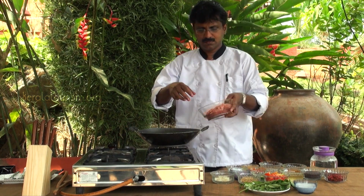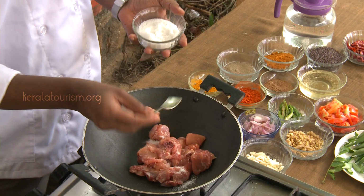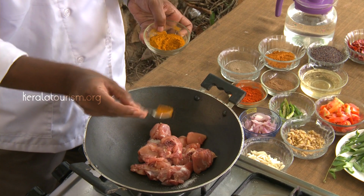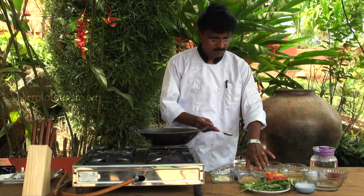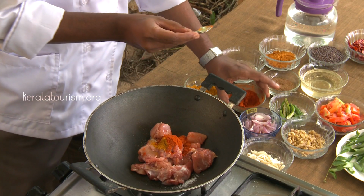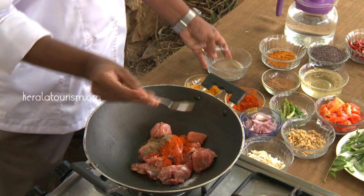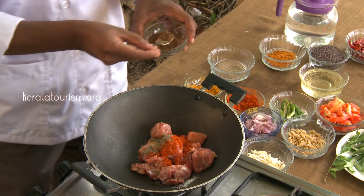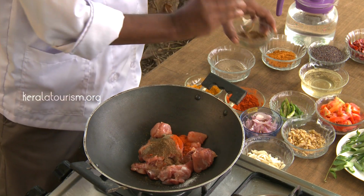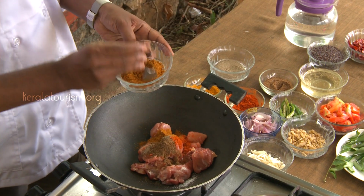Method of preparation: take a pan and place the chicken pieces. To this, add salt, turmeric powder, chili powder, coriander powder, garam masala, meat masala,